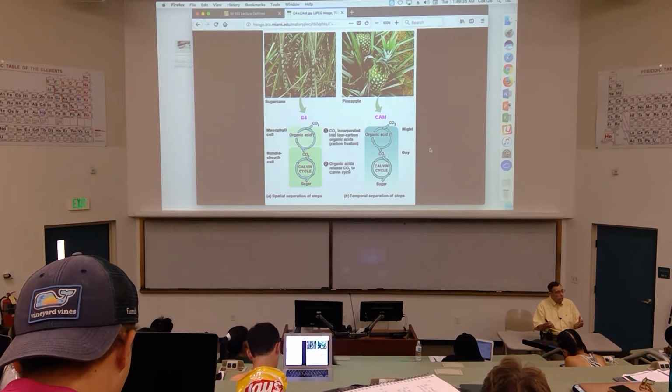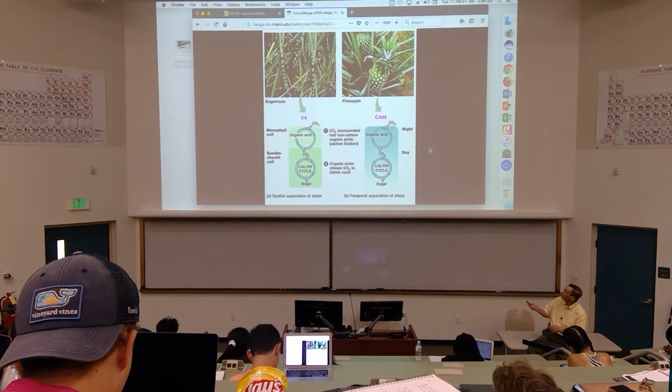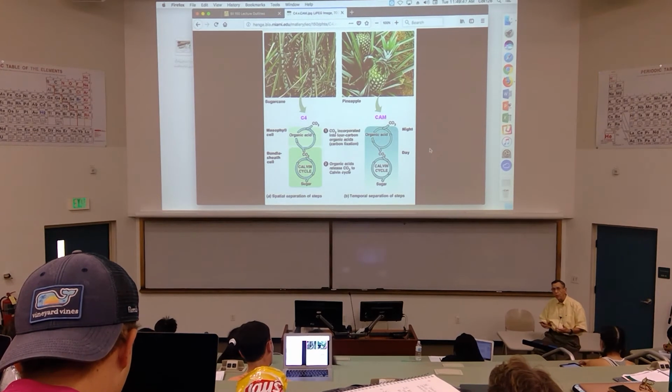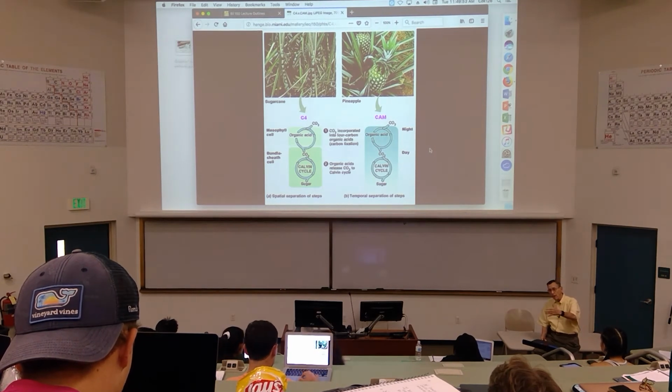At night, when it cools down, they'll open up their stomates and begin to exchange gases with the environment. At night, when they're open, carbon dioxide will diffuse into the stomates, into whatever intercellular spaces are there, and it will fix that carbon dioxide with the PEP carboxylase